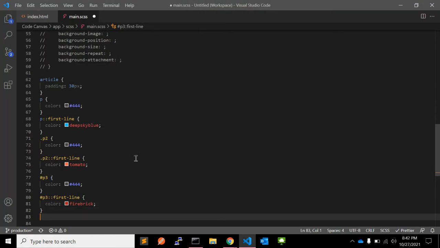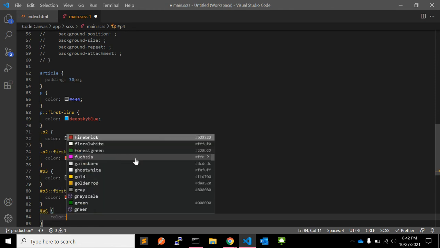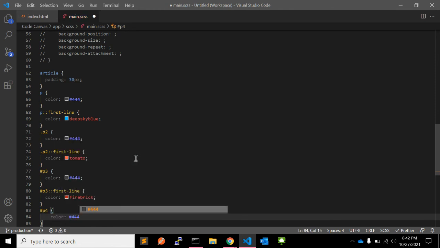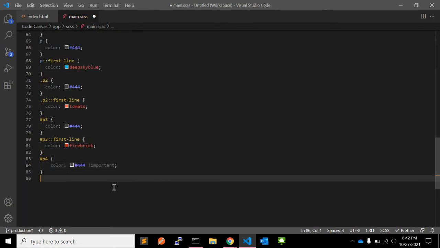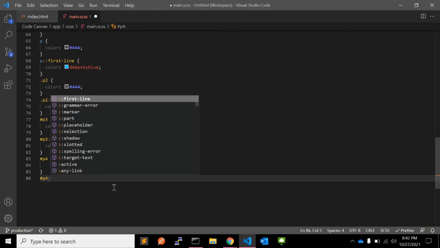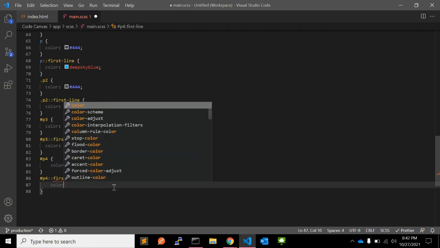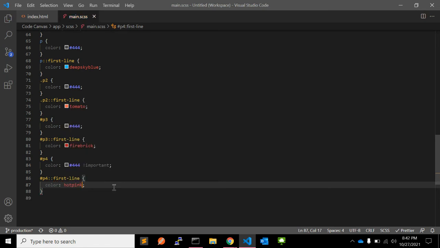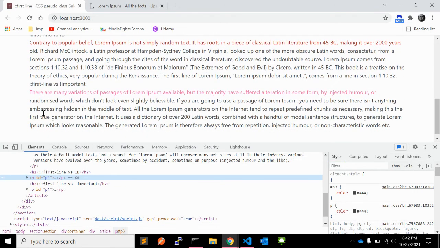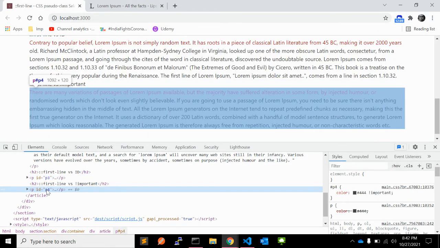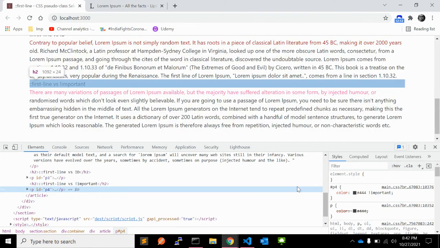Same as p3, we can use p4 with color 444 and important. We need to check if it is overriding the important property as well. For p4 first line, color pink, for example. As you can see, it is overriding the important as well.